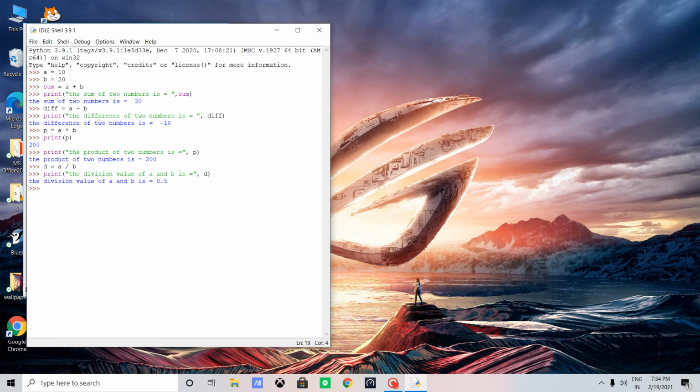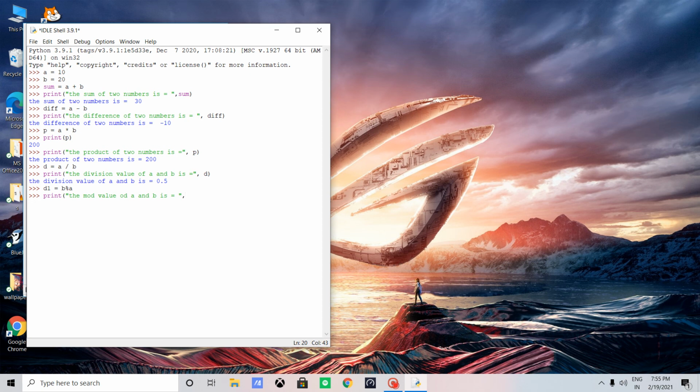Clear? And if we are using the mod symbol, like d1 is equal to a mod b, where this is the mod symbol, and then print, the mod value of a and b is equal to, and then close the double inverted commas.